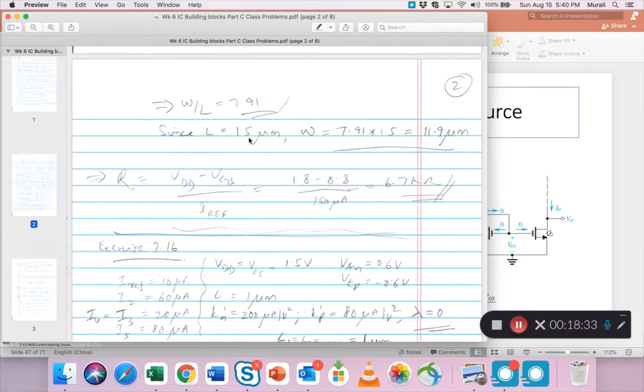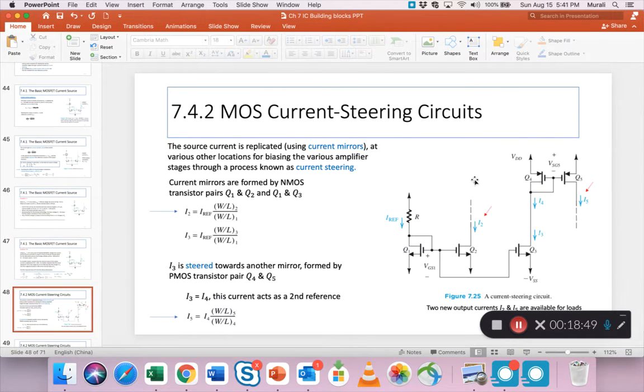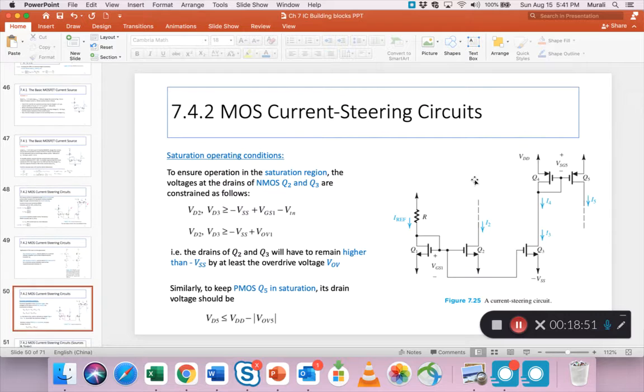L is known, we just calculated it, so W becomes this. R then becomes (VDD minus VGS) by I reference, which is 6.7 kilo ohms. Okay, so that's how we solve to find a bunch of unknowns on 7.47. Moving on,